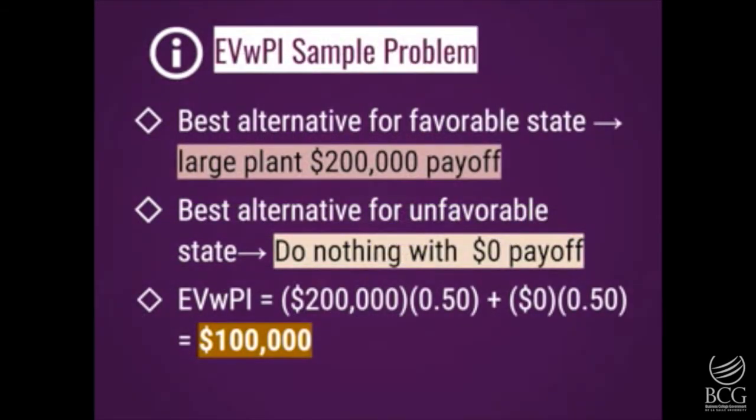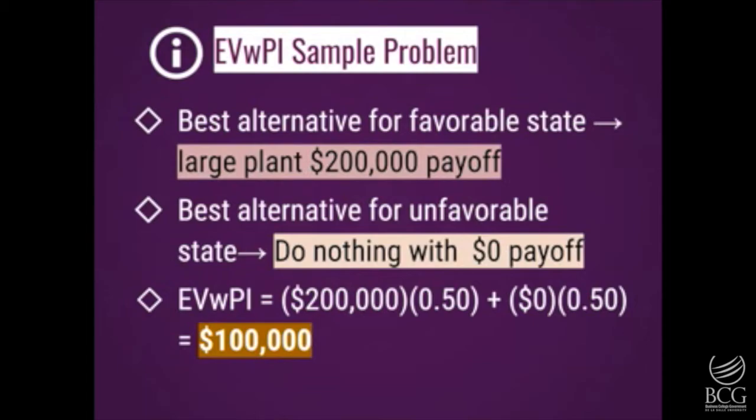The best alternative for favorable state is to build a large plant with a $200,000 payoff. The best alternative for unfavorable state is to do nothing with zero payoff. From here, we could get the EVWPI, which is equal to 200,000 times 0.50 plus 0 times 0.50, which is